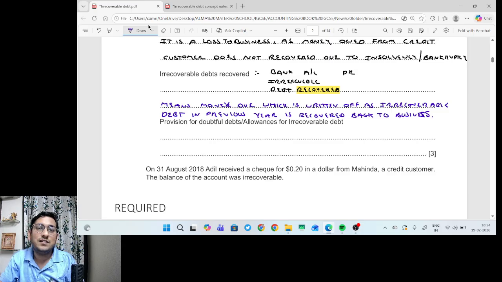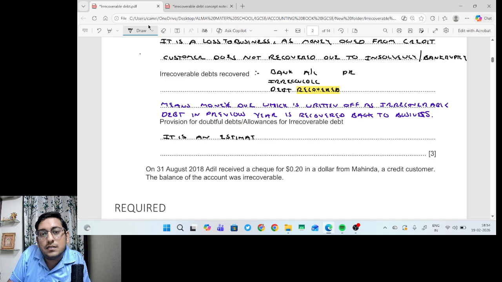Whenever we prepare a provision, it should be based on the principle of prudence. So write it down. What is provision? It is an estimated amount of probable loss